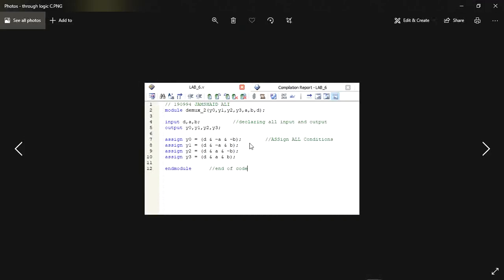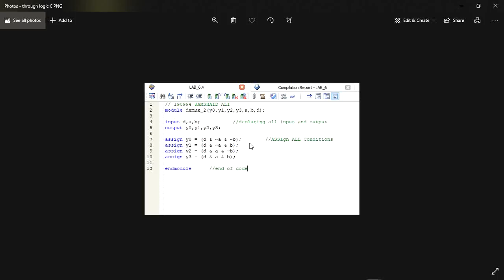By the help of Verilog code and by the help of logical operators, which we discussed in the previous lab, such as AND, OR, negation, etc., we implement the Verilog HDL code for the 1 cross 4 demultiplexer. In this case also we have 4 outputs and 3 inputs. By declaring all the inputs and outputs and by assigning all the conditions and operations, we end the module.